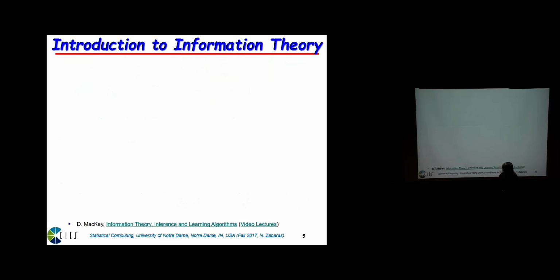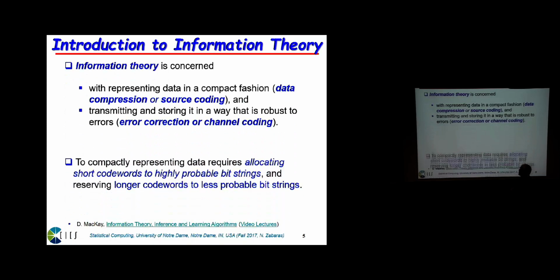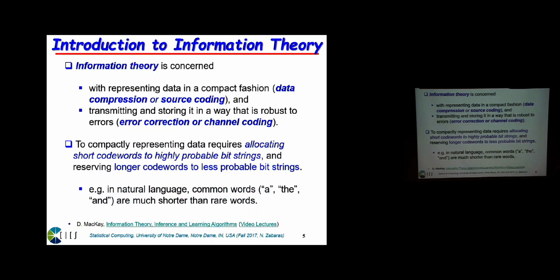As I told you, the book, Information Theory, Inference, and Learning Algorithms, is available online. David Mackay was one of the pioneers of Bayesian inference, neural networks, and many other things. His video lectures are available from Cambridge. It's maybe 15, 20 hours of video lectures, so you can consult those. Okay, so I'm going to give you a very superficial view of information theory, emphasizing maybe 3 concepts that we will see very often in this course.